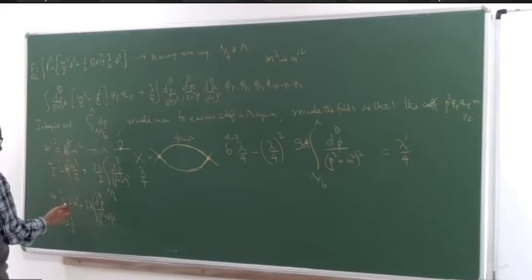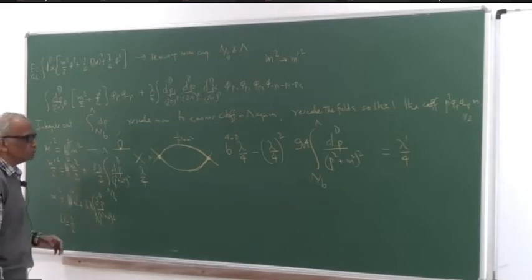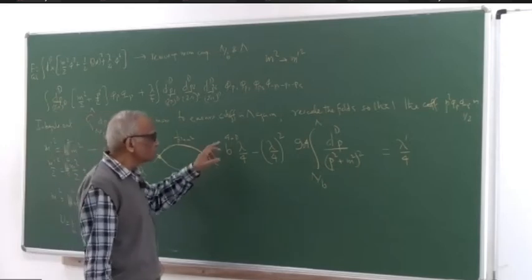Right, sorry, it's b square. So this one transforms as m prime square equal to b square m square. This transforms as m prime square by 2 is b square by 2 into m square by 2 plus 3 lambda over b. This over here is